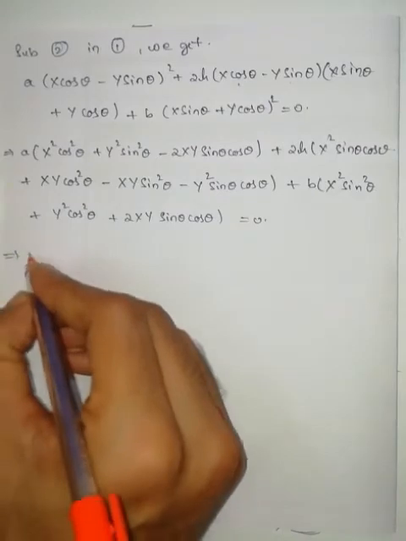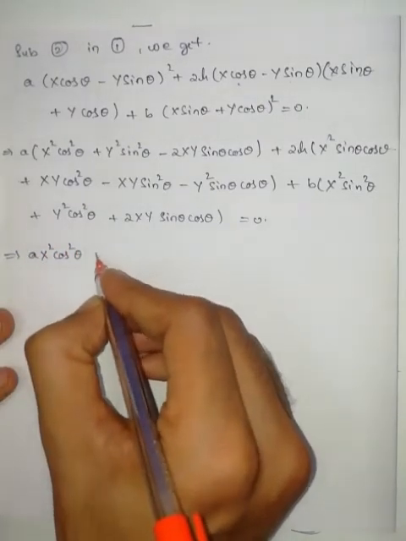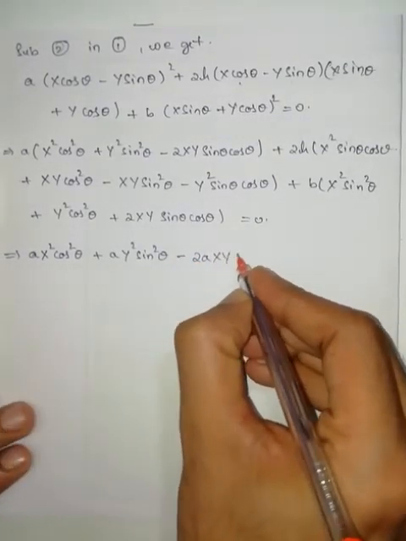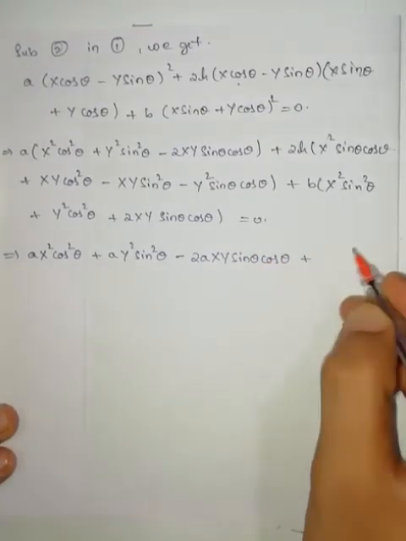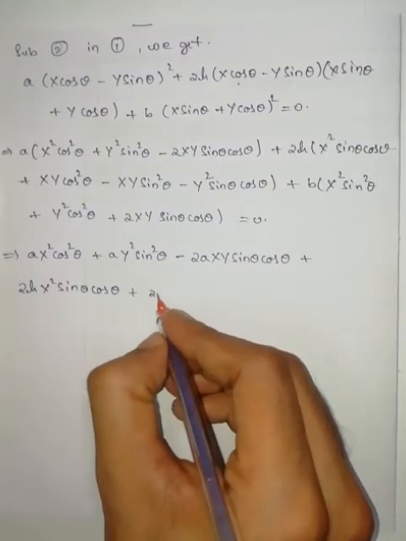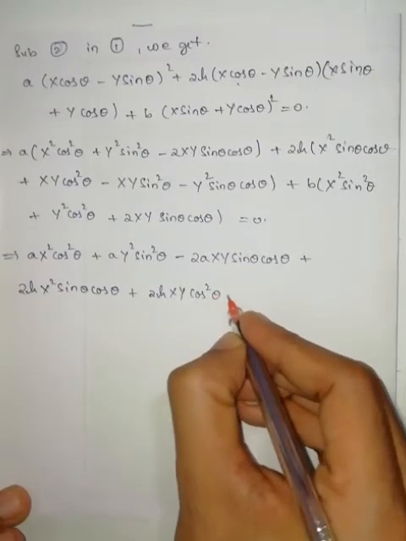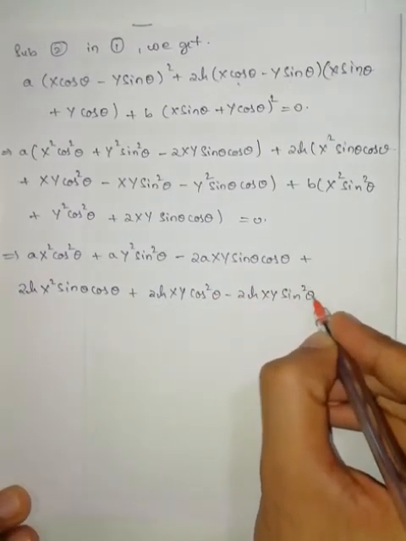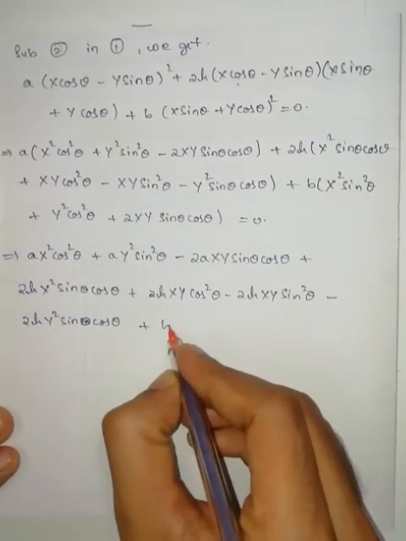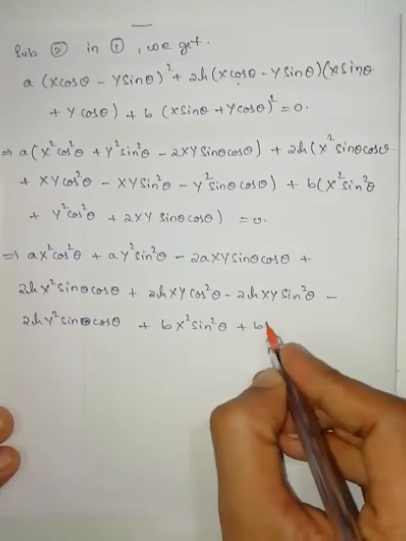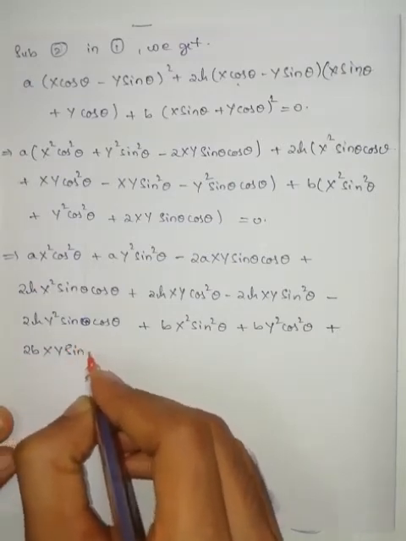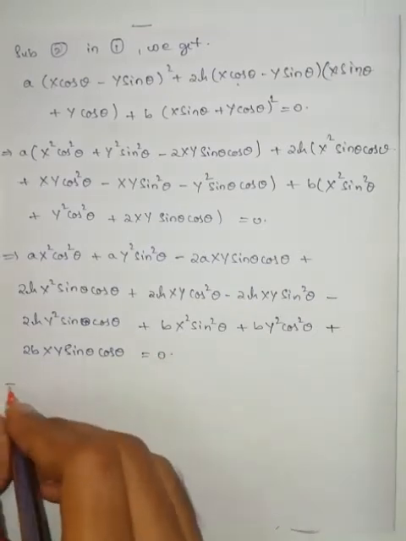is equal to 0. This implies a into x square cos square theta plus a y square sin square theta minus 2a xy sin theta cos theta plus 2h x square sin theta cos theta plus 2hxy cos square theta minus 2hxy sin square theta minus 2hy square sin theta cos theta plus bx square sin square theta plus by square cos square theta plus 2bxy sin theta cos theta is equal to 0. First I am going to take x square terms common,